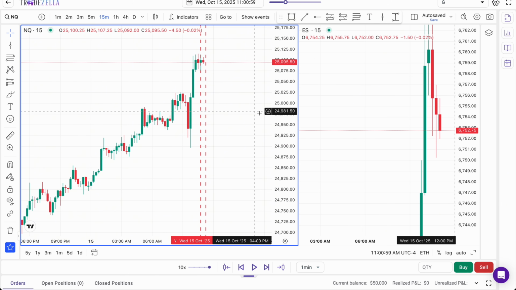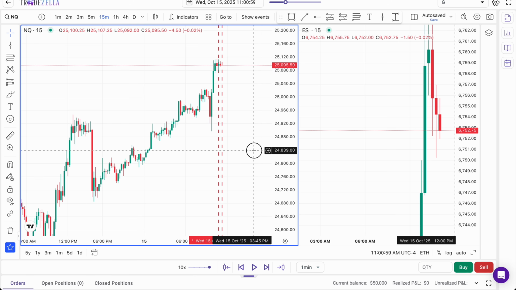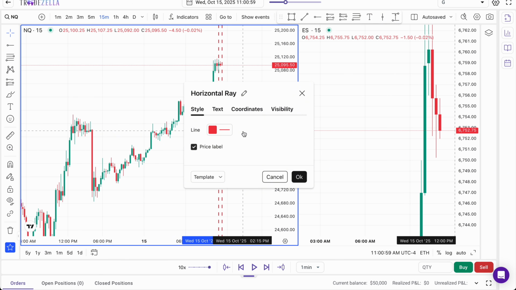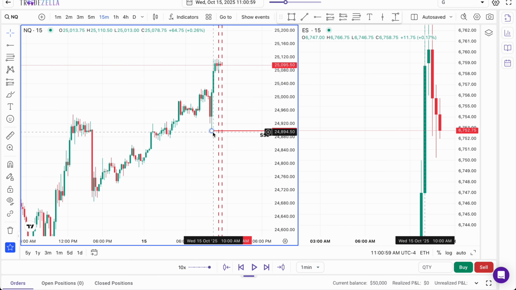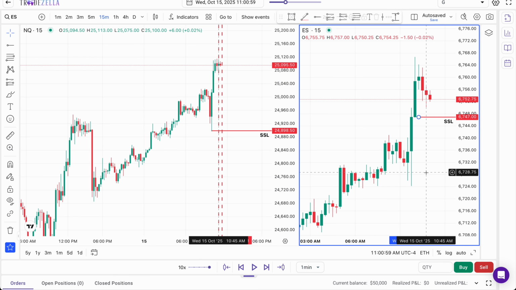Now, starting on the 15-minute time frame, you are wanting to mark out all of the key levels that you can see presented in front of you for price. Now, a very obvious 15-minute low is, of course, just going to be this one. And because it's a non-time based low, such as London, Asia, etc., we can just mark this as sell side. And you're going to want to mark this out on both NQ and ES, as if we were to take a short position, this is going to be the overall draw for the trade.